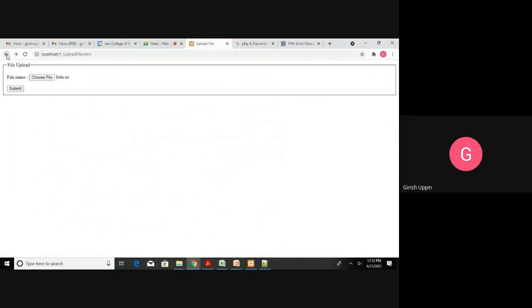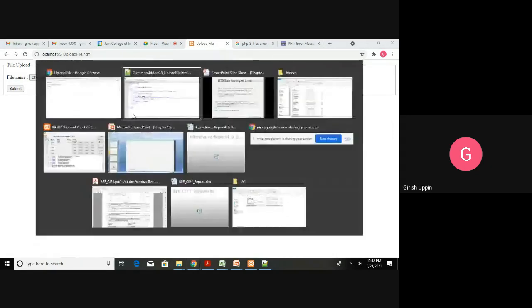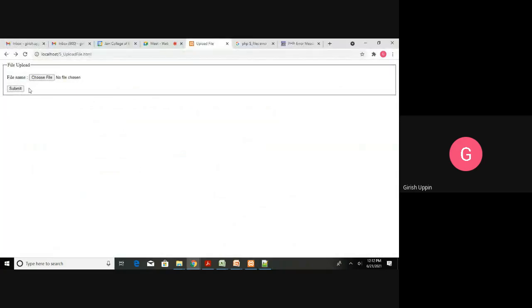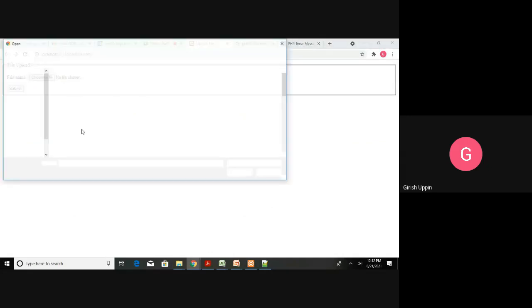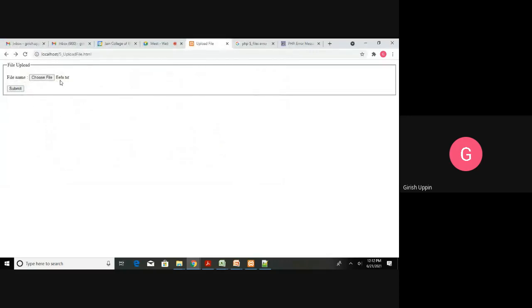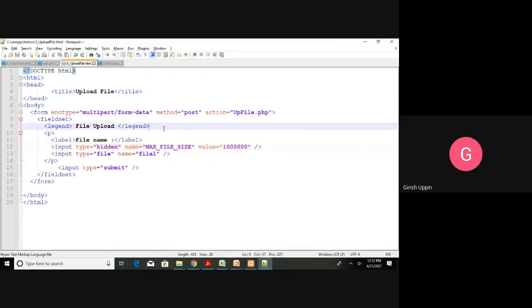If I increase the size, let me go back to the code. Instead of 1000 bytes, I will make it 1 million, that is 1 MB. Then I will choose the same file. The file got selected. Maybe this did not refresh.